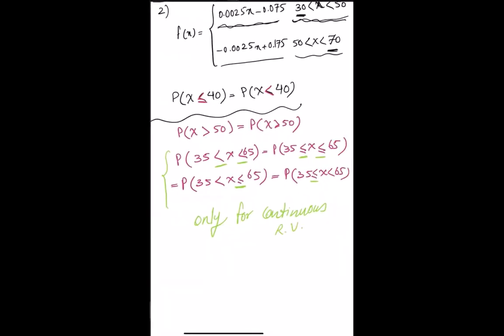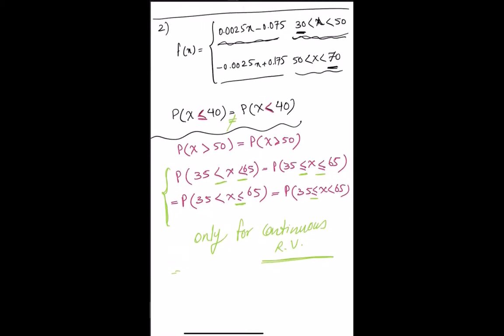Okay, so that's the case only and only for continuous random variables. If we are looking at discrete random variables, these relations do not hold anymore. So pay attention. For discrete random variables, these equalities do not hold. These two are not equal for discrete random variables. These parentheses are not equal for discrete random variables. So these equalities hold only and only for continuous random variables. So pay attention to that, keep that in mind.